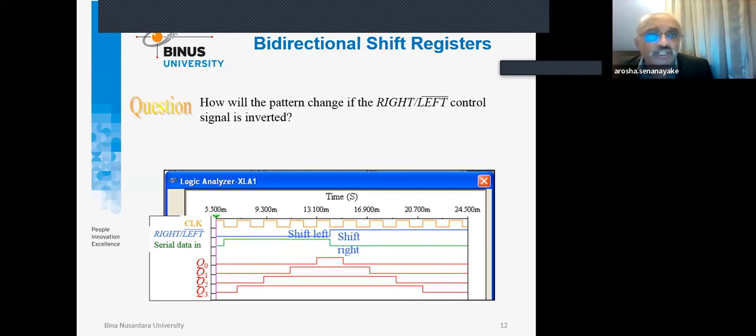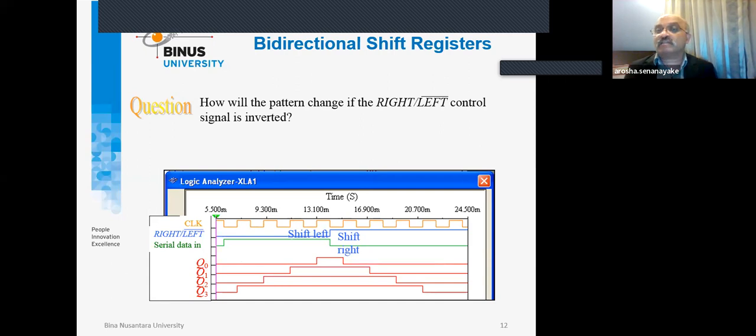So that way, shifting to the right and left can be controlled, as I told you just before, using the right/left pin. There is a pin, and you must make sure that a pulse is entered through that pin, based on the way you want to shift. And very important, if you have 8 bits, and you want all bits shifted to the left,